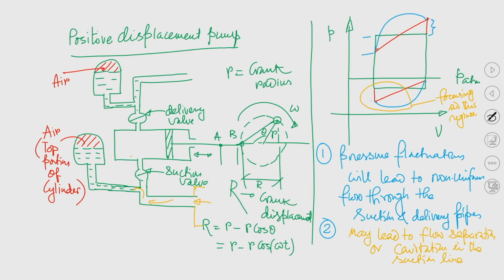What we have understood is that on account of this higher pressure drop, liquid will try to move through the suction pipeline with a flow rate that is higher than the average flow rate. What will happen? It will lead to fluctuation. At the beginning of the suction stroke we will get a higher flow rate, and at the end of the suction stroke we will get a lower flow rate. So, this is a fluctuating flow rate, and that is not expected.